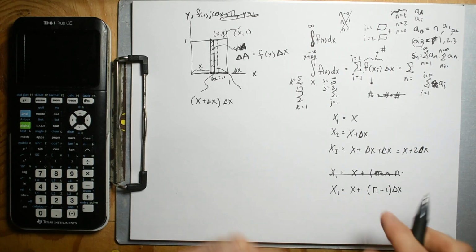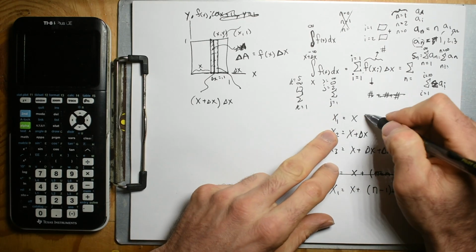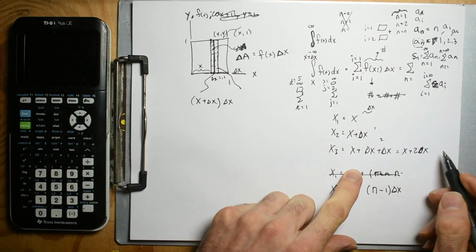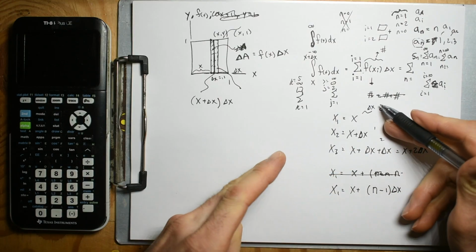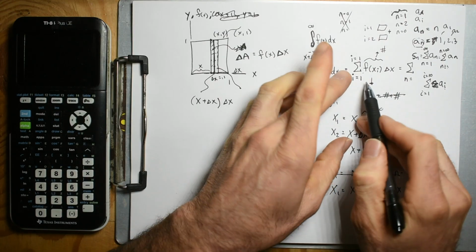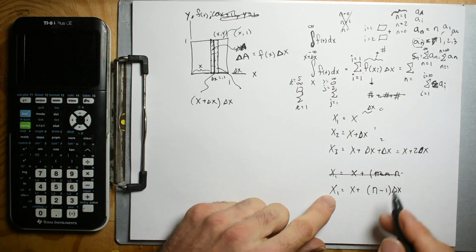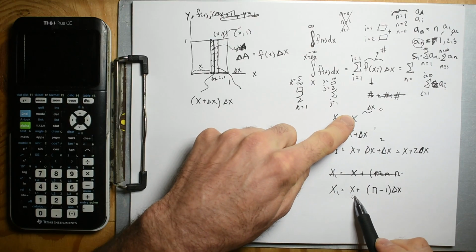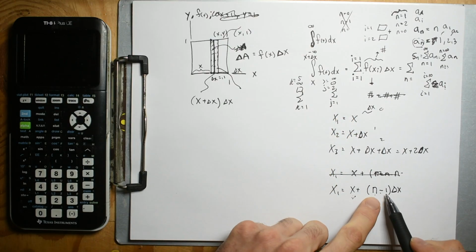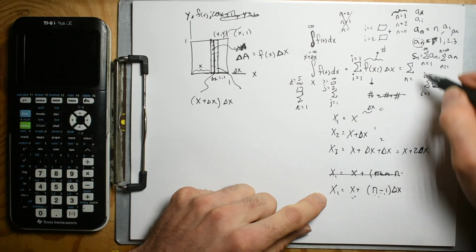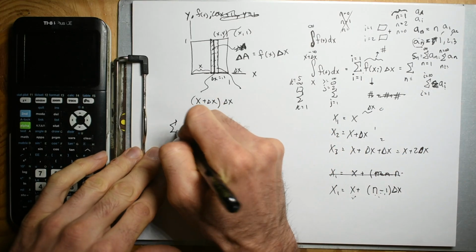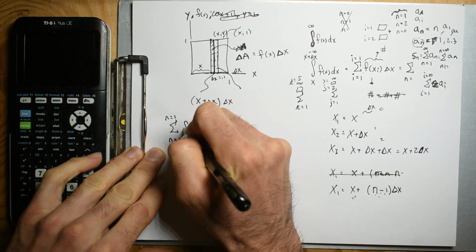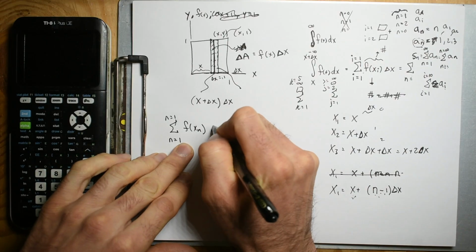All right. So for this first value, I don't have a change in x, but for the second one I do. I have one of them. Here I have two of them. So I start with 0 of these, but you know what I mean, my series doesn't start with 0. It starts with 1. And so the easiest way to do that is I'm going to say this x1 value is x, check, and then n minus 1. And this is where I switch to the n's. Because if this is going to be n equals 1 to n equals infinity of f of x of n delta x,